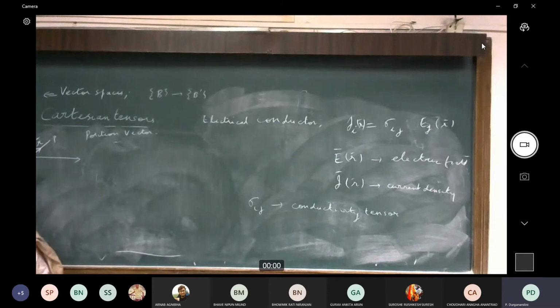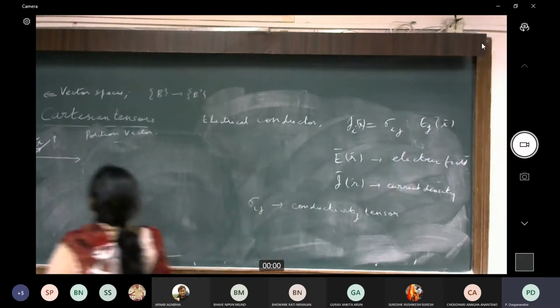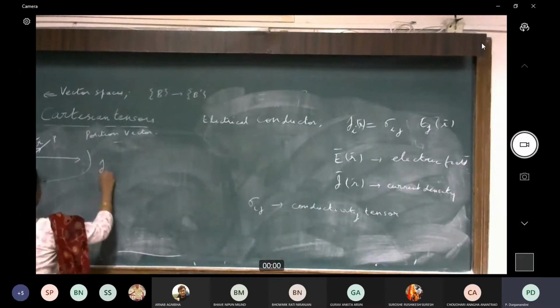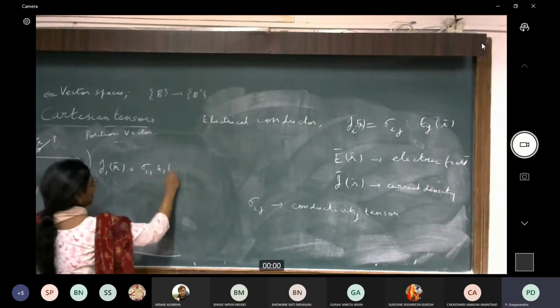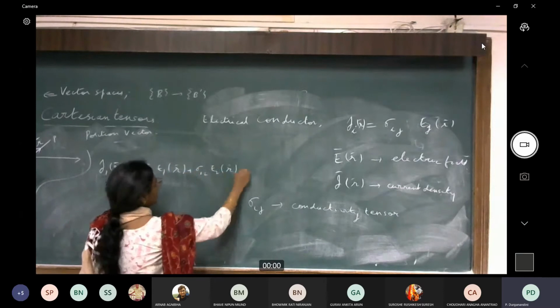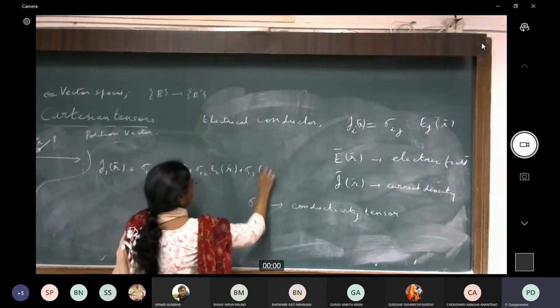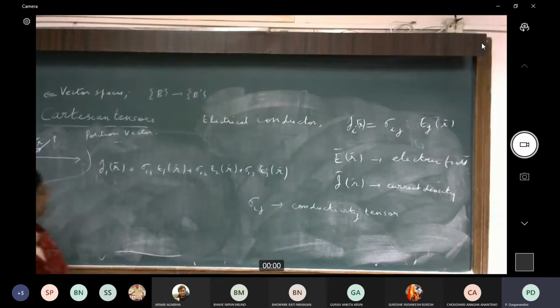So what exactly does this mean? It means explicitly that your J1 of r will be equal to sigma 11 E1 of r plus sigma 12 E2 of r plus sigma 13 E3 of r. So if this is my conductor, and I ask what is the electrical conductivity of this material along the X direction,